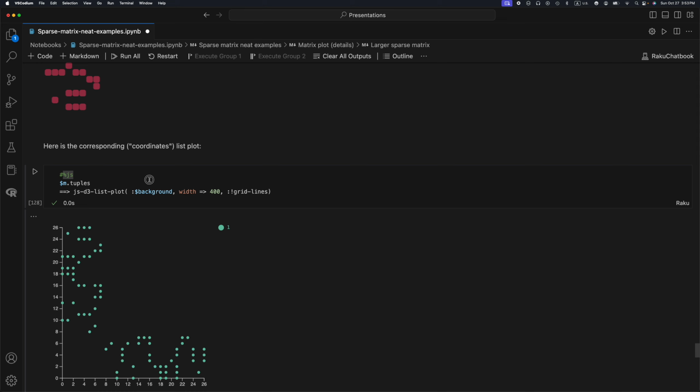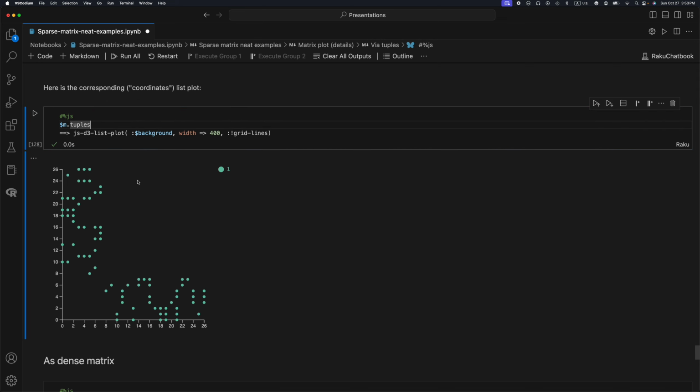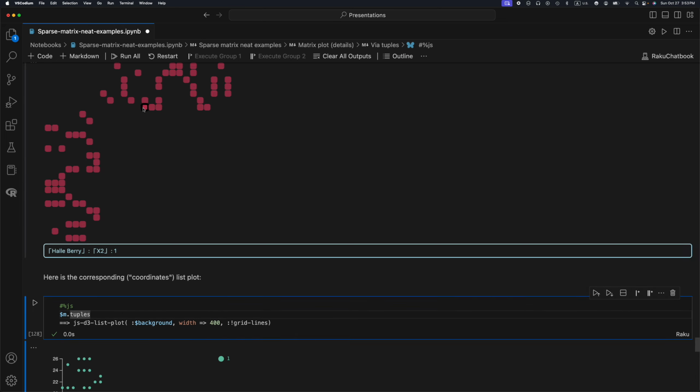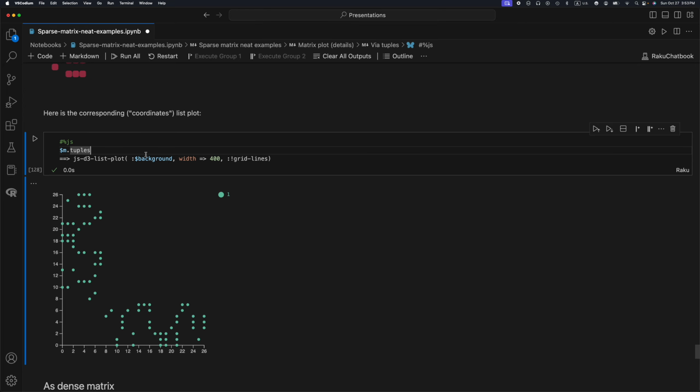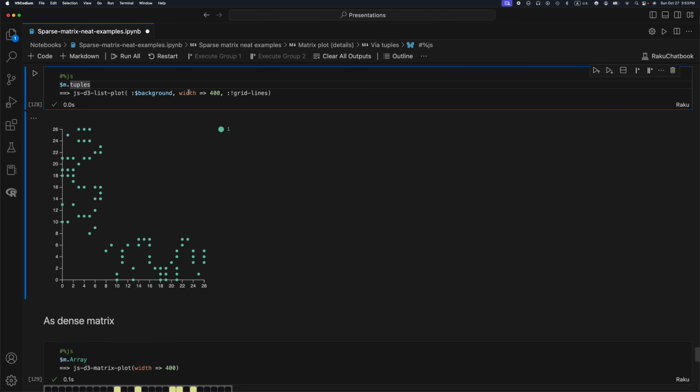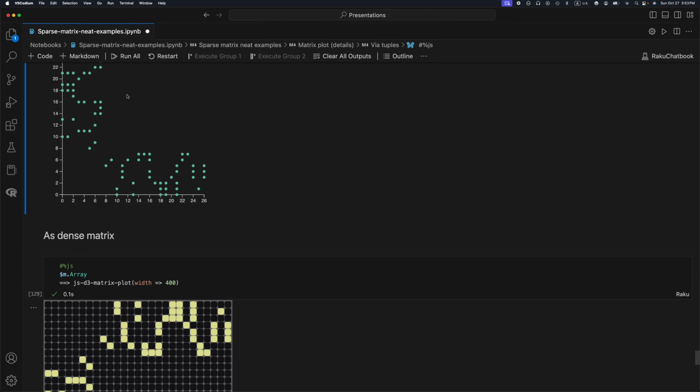Okay, I can use these tuples to facilitate the plot using list plot. This is a very simple plot, not as elaborate. These are rectangles, and you can see they also have borders and so forth. So this plot is very simple, and it can be very useful for large